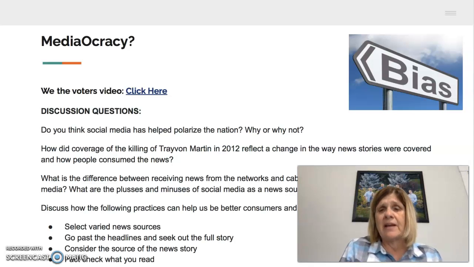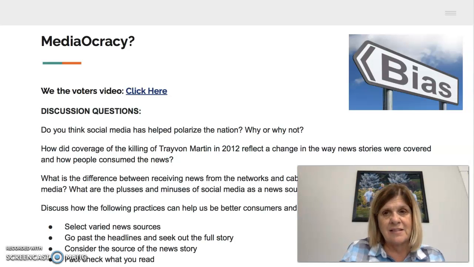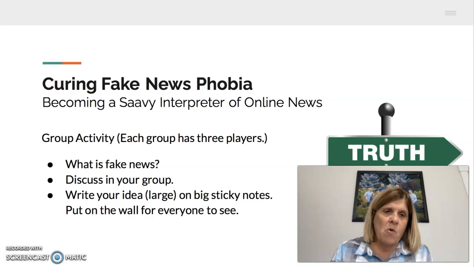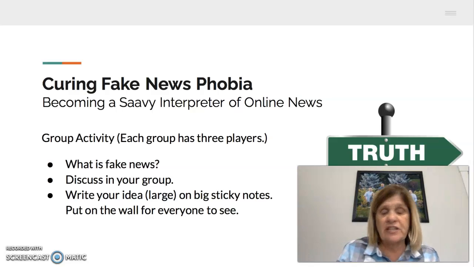With that idea in mind, in class we move to this concept of distrust with the media. There is an article that I would like you to watch and think about some of these discussion questions. These are great discussion questions that might give you an idea for your research paper if you choose to select media bias as the big umbrella topic. What I'm having people do at home is pick 8, 9, or 10 on this chart in just a minute, so you'll follow the instructions on the next slide.